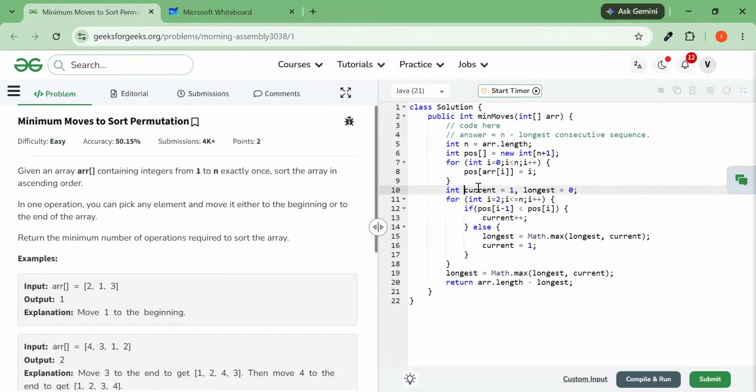So that's the simple thing: position of array of I equals I. We can use a map also, as we discussed. I'm initializing current with 1 and longest with 0, and I'm going from 2 to n, because I have every element from 1 to n, so I also have to check the n element. Now I'm checking if position of I is greater than position of I minus 1, then I'm incrementing current. If it is not, then I'm updating the longest one, and I'm resetting current to 1